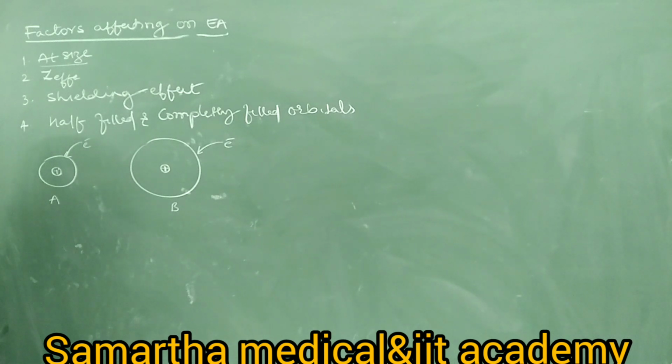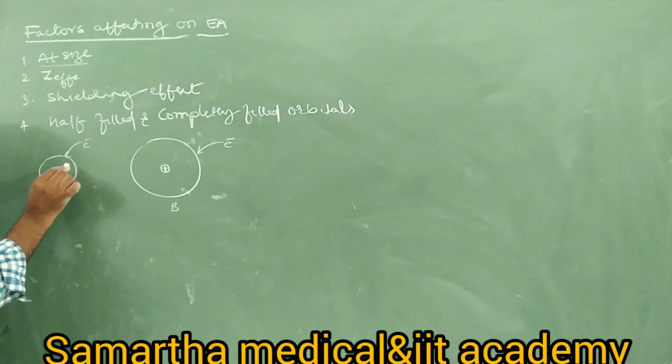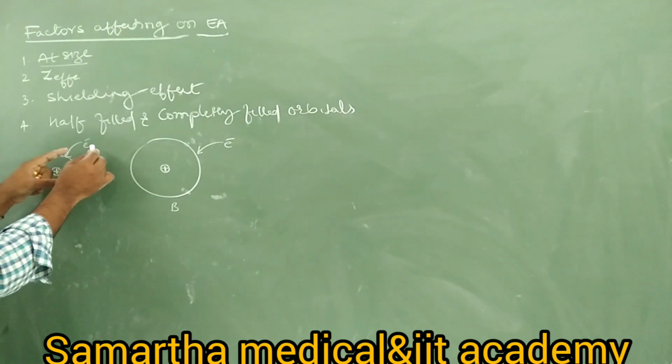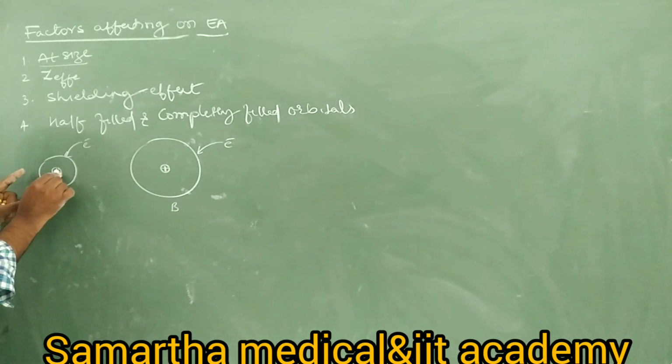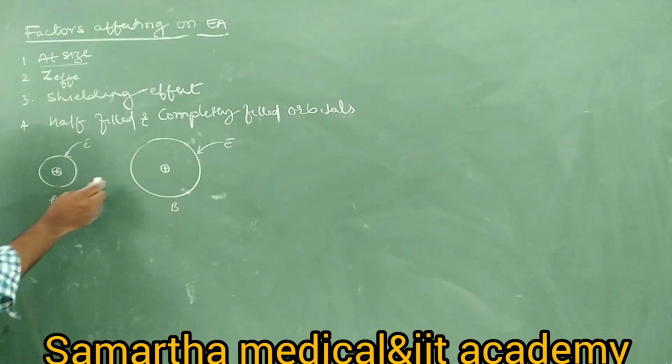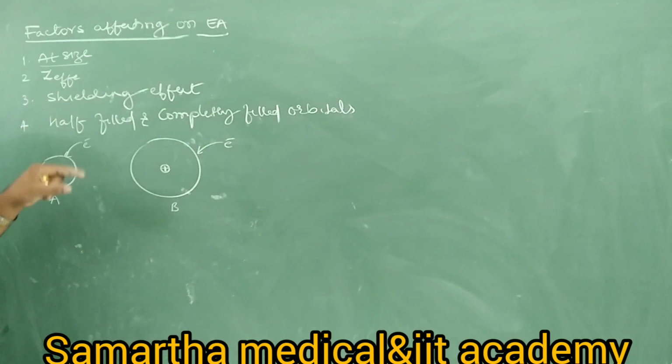Okay. Therefore, if an atom has more nuclear force of attraction on the valence shell, that atom can attract an electron so easily. When that atom attracts an electron so easily, more energy will be released. Then the electron gain enthalpy will be more. So in which case does the attraction of electron become easy? A. Because atom A is smaller in size. Due to its small size, the nuclear force of attraction on the valence shell is more. Therefore, whenever one electron is tried to be added, the nucleus itself attracts the electron so that more energy will be released. That means the smaller atom has more electron gain enthalpy.